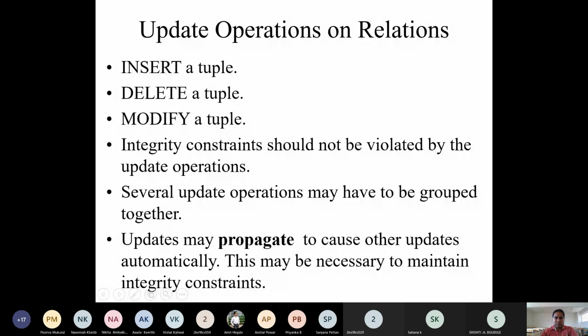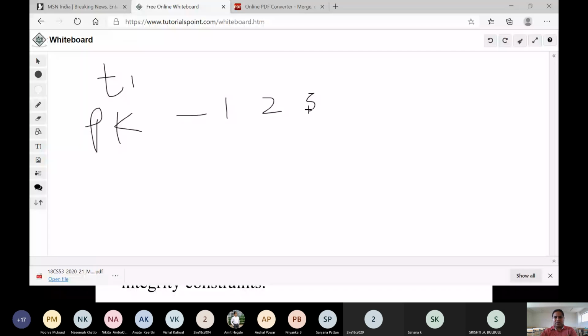Now imagine in one table T1 I have primary key with the values 1, 2 and 3. This is V1, this is V2, this is V3. Same way I have table 2. So this is table 1, this is table 2. Here I have a foreign key.